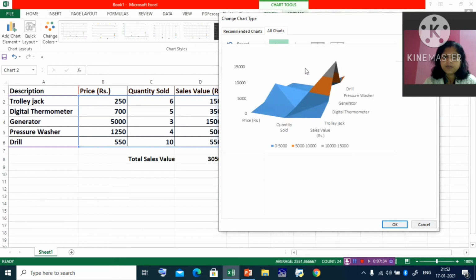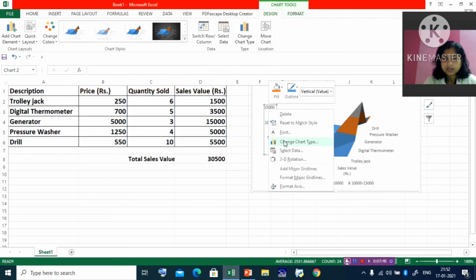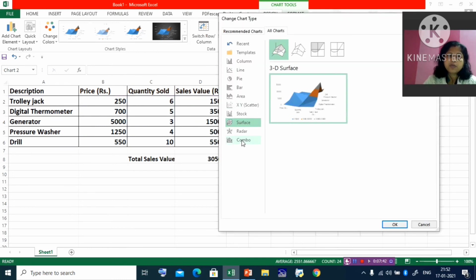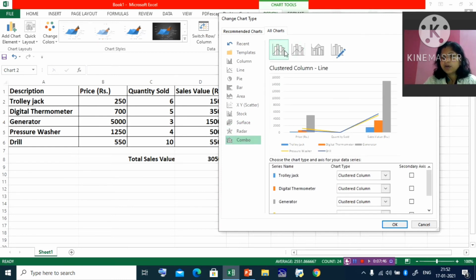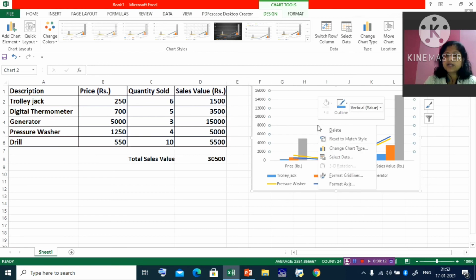Then surface chart. You can take this as your surface chart. Then change chart type. You go for combo, meaning line and column chart, what we discussed, the combination of both. You can take any chart type, line and column, column chart and bar chart, both combined, known as combo. So you can take a different data series and try all types of chart and see how it looks and what the characteristics of that chart are.